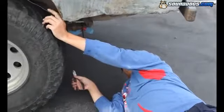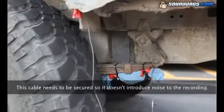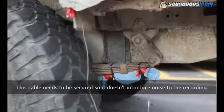Oh, don't pull too hard. We just put something on there so it doesn't rip it. Yeah. No, I just wanted to